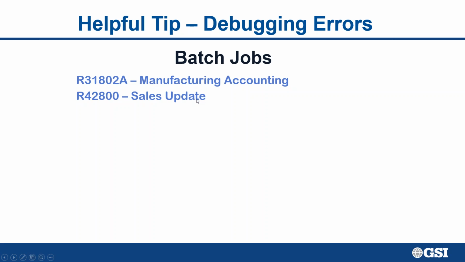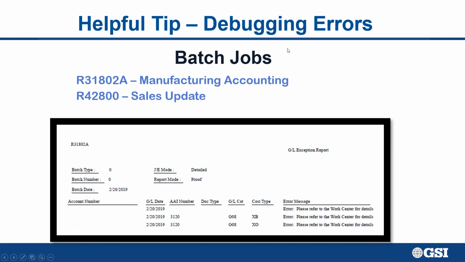Same with sales orders. I can ship confirm all day long. I don't care about DMAAIs until I run sales update later that day. Okay, so that's what I mean by batch. These are jobs that run on a schedule. They're not transactions being keyed in directly on a JD Edwards screen, okay? And they usually get kicked off in a job scheduler, late at night, early in the morning, that type of thing. When those jobs run and there are DMAAI errors, there's nobody around